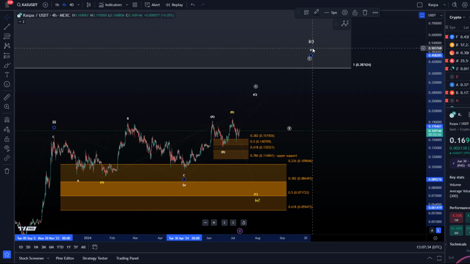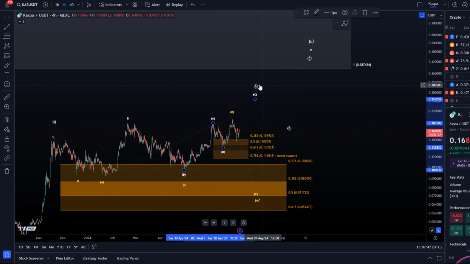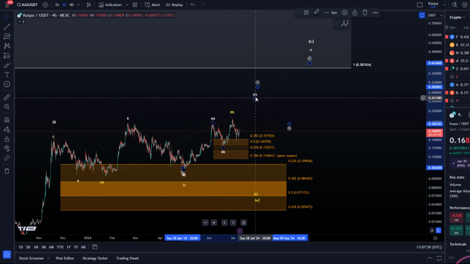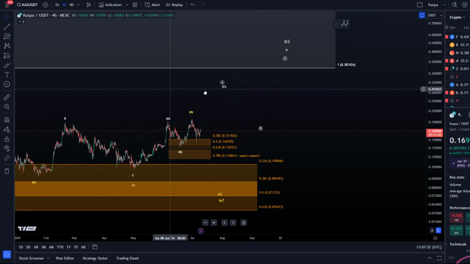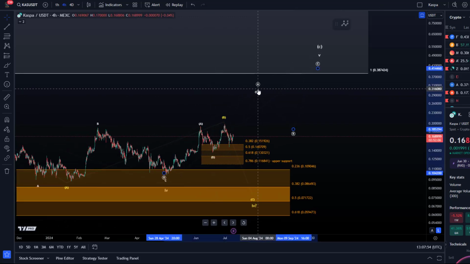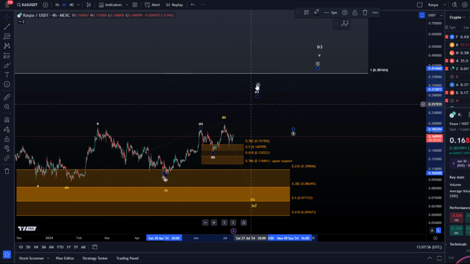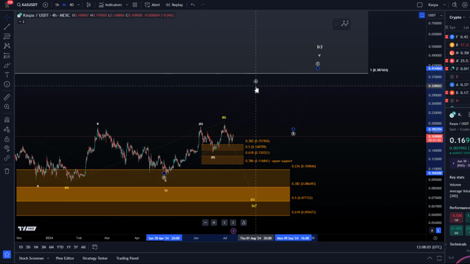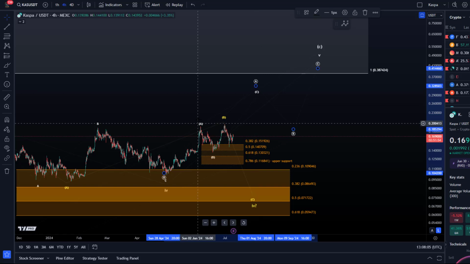Mapping the detailed wave count for an ABC structure is a pretty unproductive exercise. I still attempt to do it. Obviously, we did say it could be that this here was an A wave of a larger A wave. Bear in mind that circle A can be a 3-wave move. It can also be a 5-wave move. This here doesn't really look like a 5-wave move. So the idea at the moment is that circle wave A is unfolding as an ABC structure